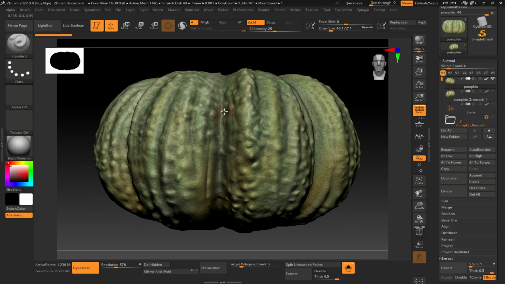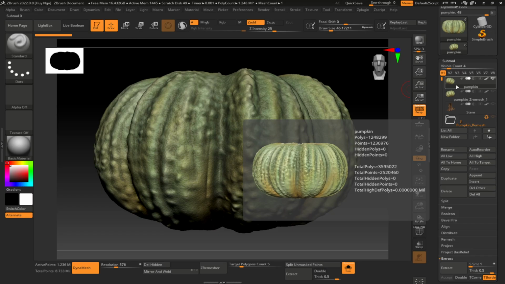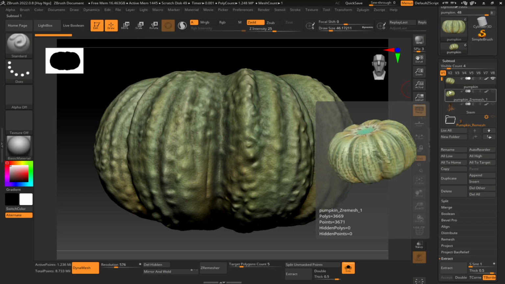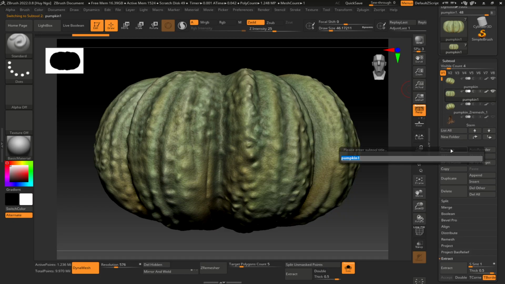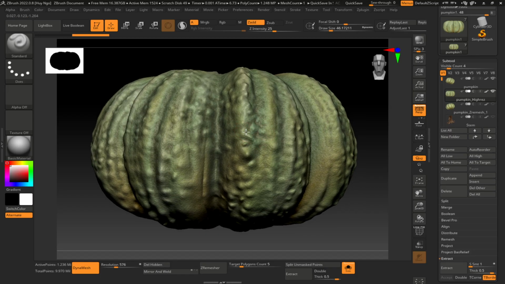painting. So before we do that, in ZBrush, let's again make a duplicate of your high-res pumpkin. So let's make a duplicate, and again, it'll say duplicate, and it'll say pumpkin 2. Oh, sorry, pumpkin 1 here. And I'll rename it to pumpkin, and for this one, I'll name it underscore high. That's not how you spell high res. Enter. And what I want to do is I want to decimate this pumpkin, and to do that, I am